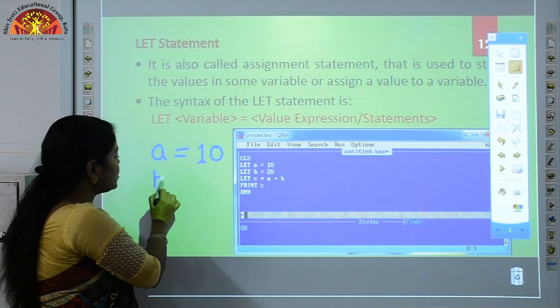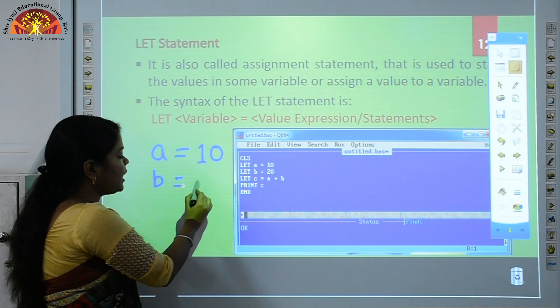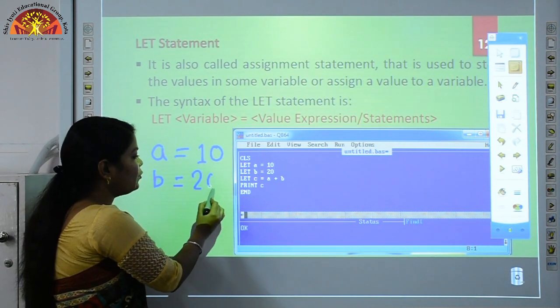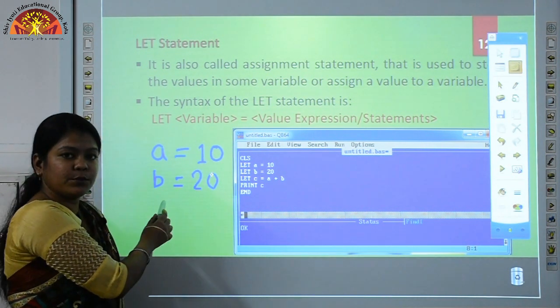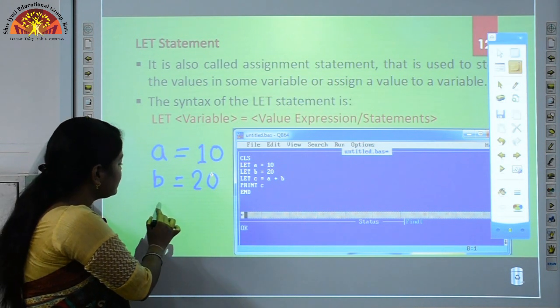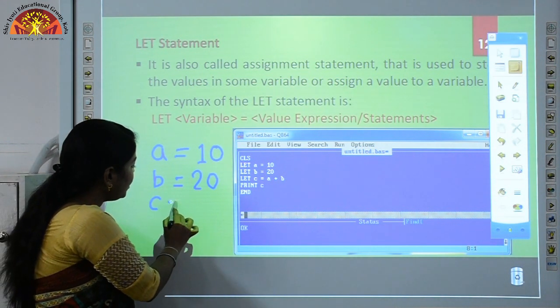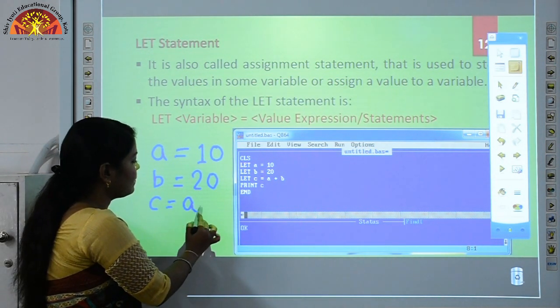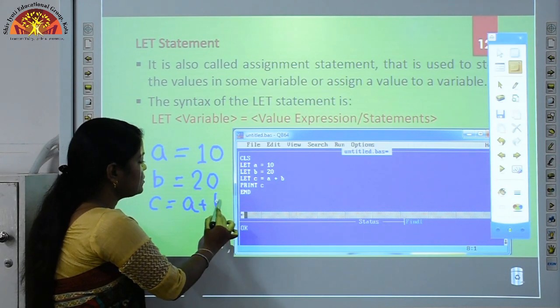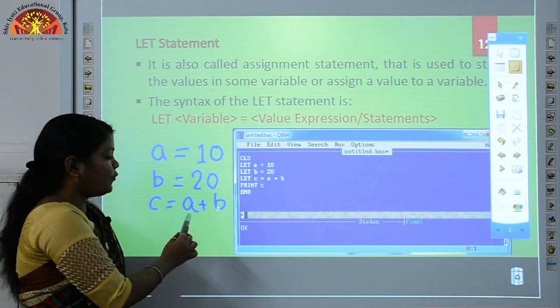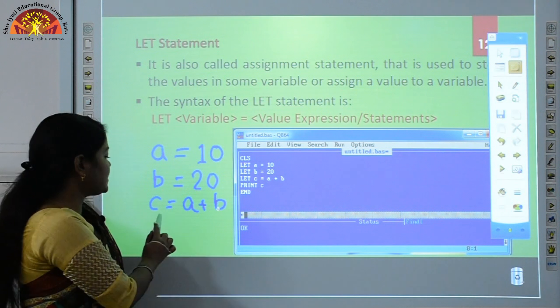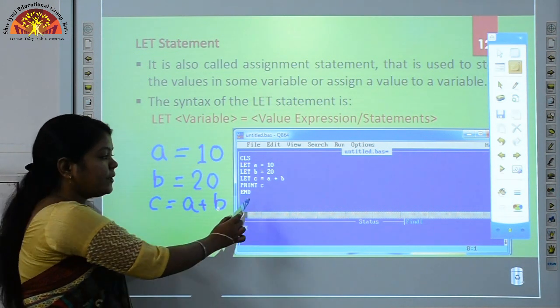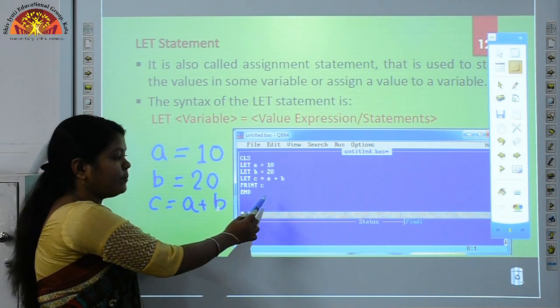So B is your variable, equal to symbol and 20. 20 is your value which will be assigned to the variable B, and then we have written LET C equal to A plus B. So students, the addition of A plus B will be assigned to the variable C. Then here we have written PRINT C.